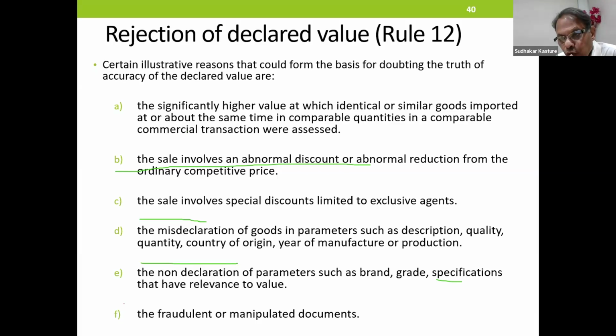But normally, we do not look at Rule 11. We do not look at Rule 12. We also do not look at Rule 10, cost and services. My request to you, special request to all of you, study Rules 10, 11 and 12 carefully. One more aspect I must tell you, that is, we leave these jobs to third parties. Not that third parties are not knowledgeable, but the way you know your product, you must have continuous dialogue with the agencies that you handle, and you should ensure that things are properly declared.